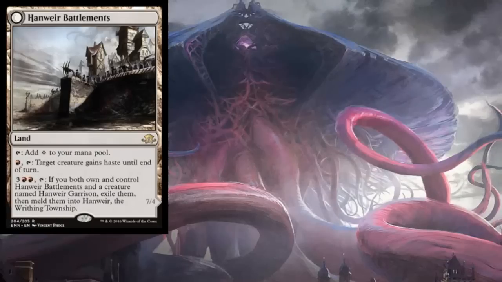So let's look at both of these, and I'll look at the disparate pieces of both of these first. Really, we're looking at something like 6 cards in just these 2 entries here, but you'll know what I'm talking about. First thing I want to look at is Hanweir Battlements. Well, Hanweir Battlements is a land. It's got tap to add colorless to your mana pool,